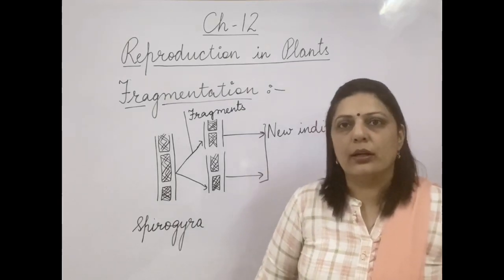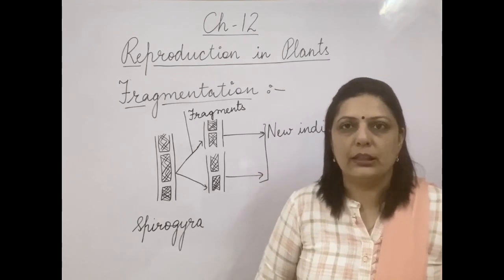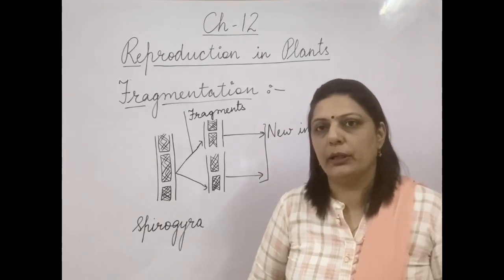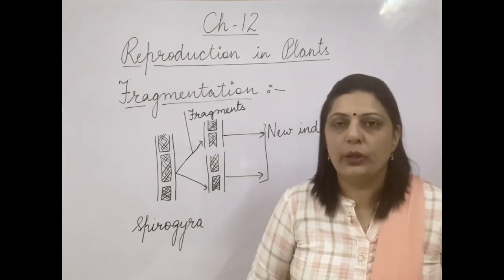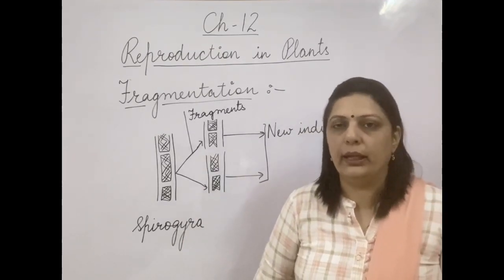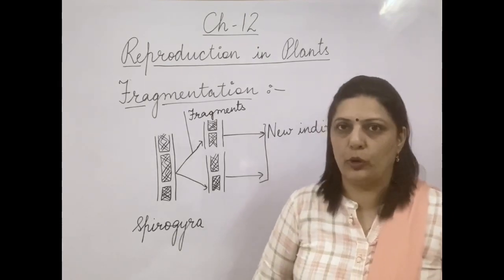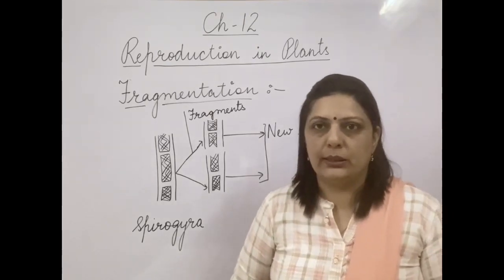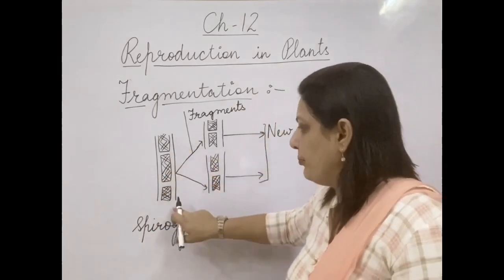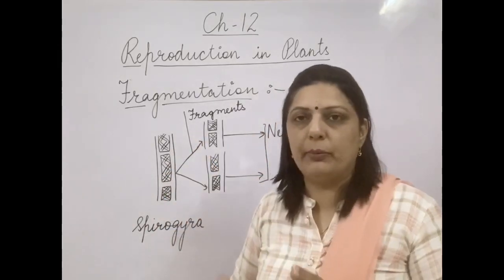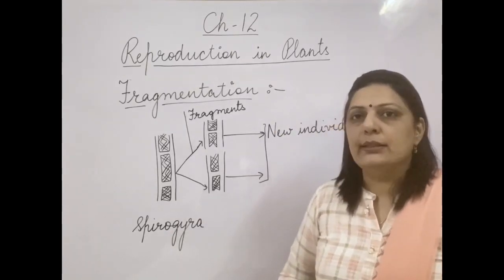Now Spirogyra has the ability to multiply by the asexual mode of reproduction, that is, by fragmentation. It multiplies very fast, and very fast it covers the whole area if a small part of it somehow enters the water body. Now what happens in this process basically? This is a Spirogyra. A fragment of Spirogyra, basically I can say this is just one Spirogyra, and what happens